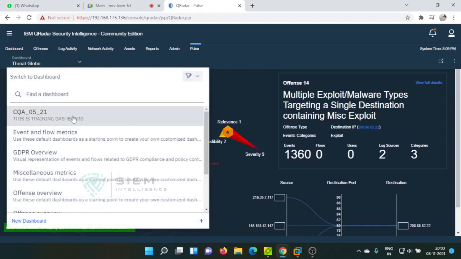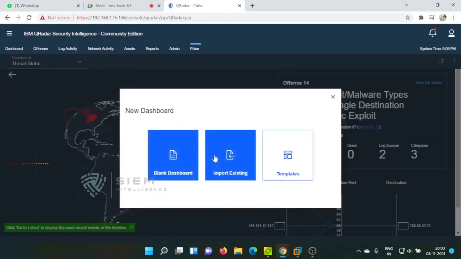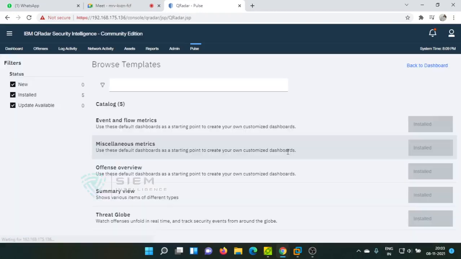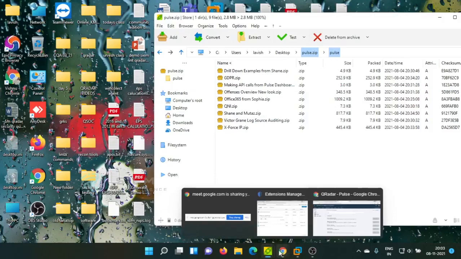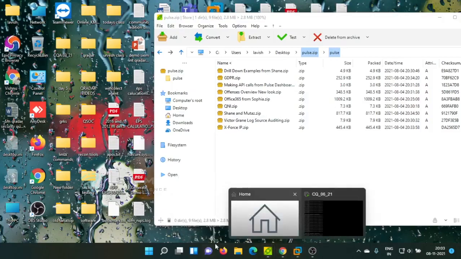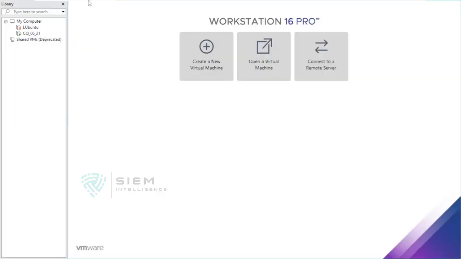So you can create your own dashboards by using new dashboard. You can import if you have templates. By default, if you are installing other applications, you may get some templates here. For example, if you wait for some time, I'll show you, if possible. I'll show you today. At least I want to complete this use case manager installation also. Wait, I'll show you.